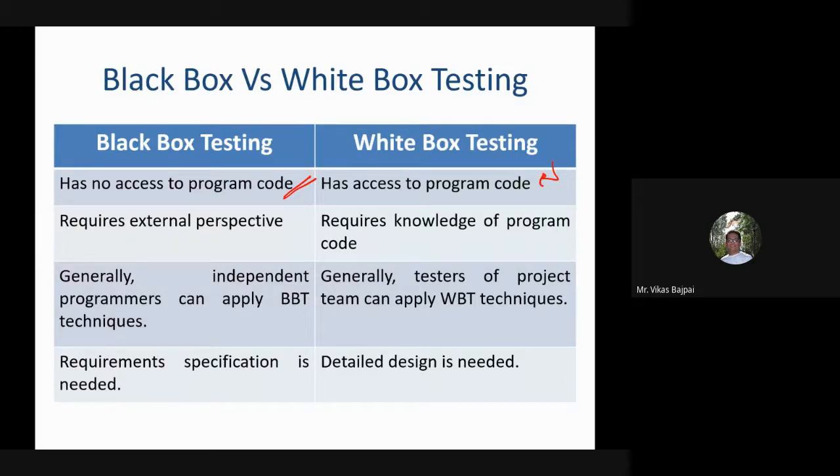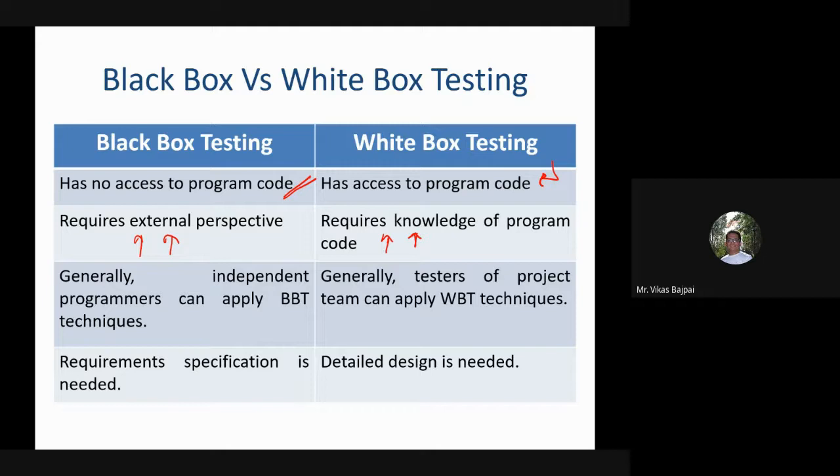I'll have the piece of code with me only. In case of black box testing, basically I look for some sense of external perspective, and in case of white box testing, I require the knowledge of the program code.